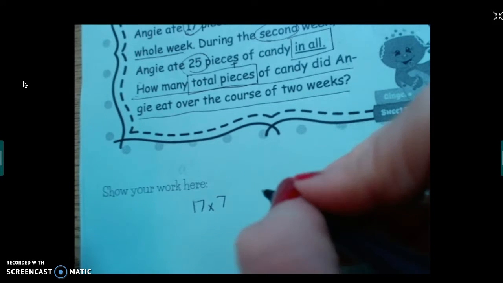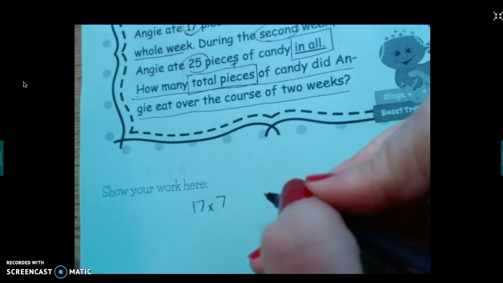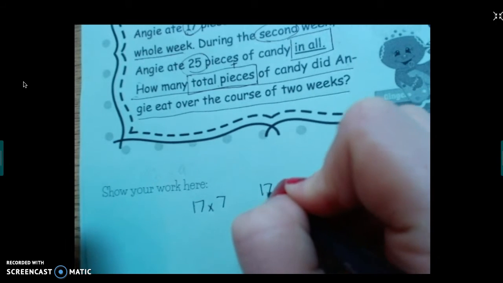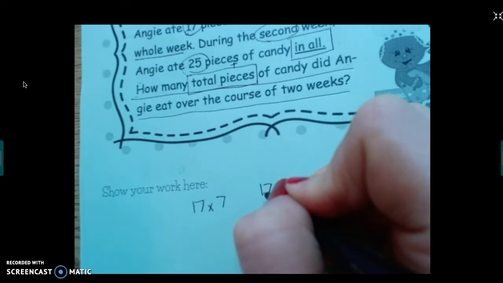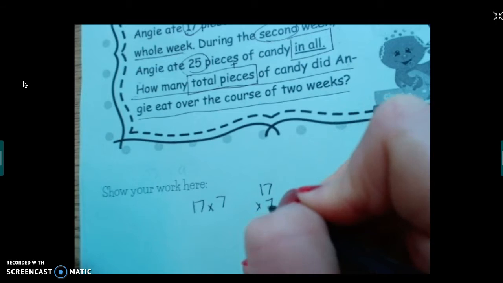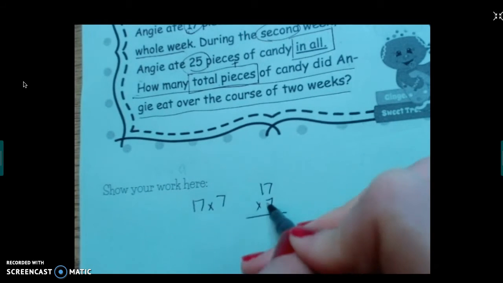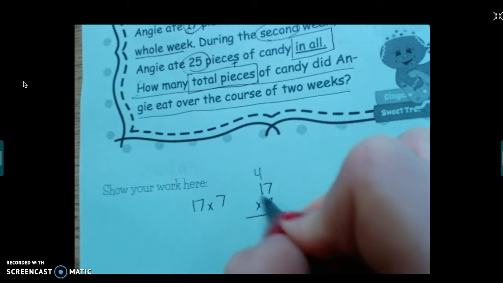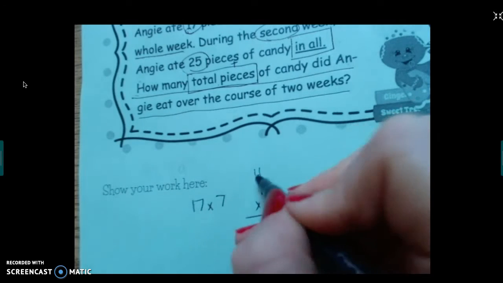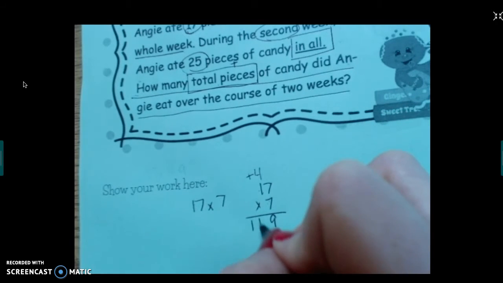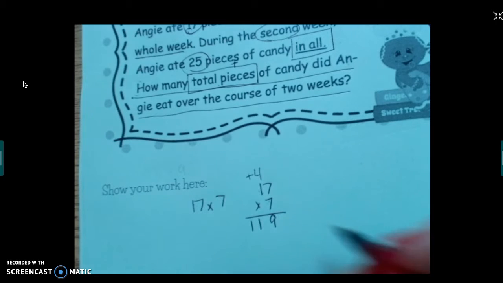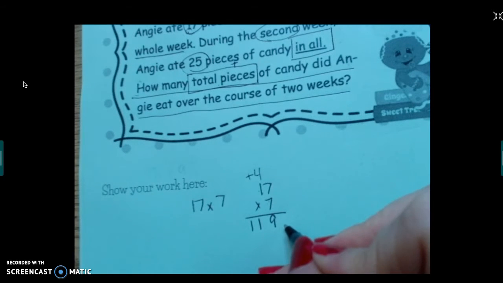Okay, so we're going to set this up like a multiplication. 17 times 7. Okay, so 7 times 7 is 49. 7 times 1 is 7. Plus 4 is 11. Okay, so we have 119